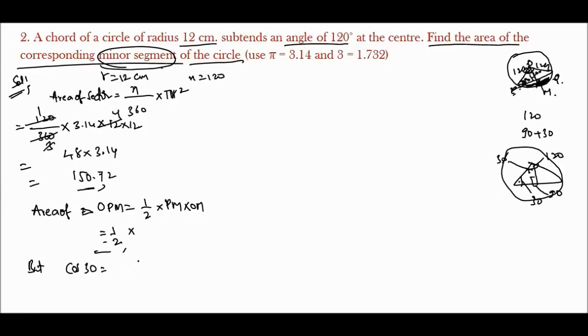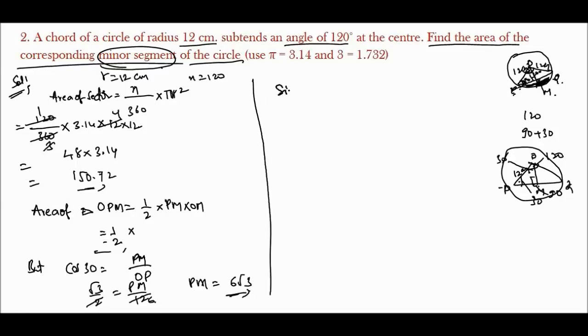So cos 30 is equal to PM divided by OP. Here O, this is M, this is P, this is Q. Cos 30 is equal to PM divided by OP. So cos 30 is how much value? Root 3 by 2 is equal to PM divided by 12. OP is equal to how much here? OP is equal to 12, this is the radius. So 2 1 ja, 2 6 ja get cancelled. PM is equal to 6 into root 3.